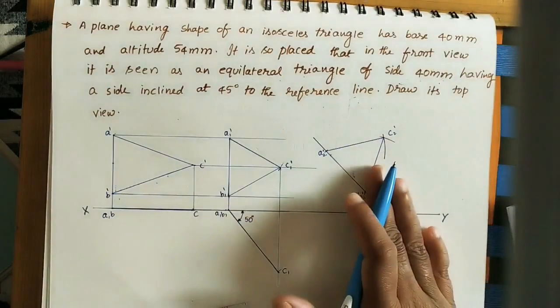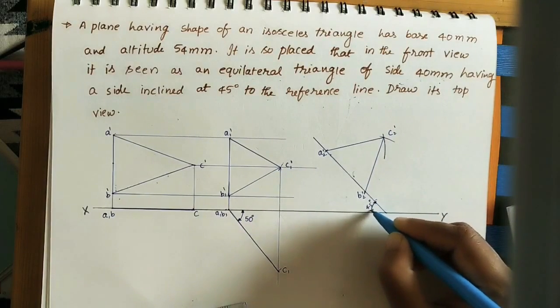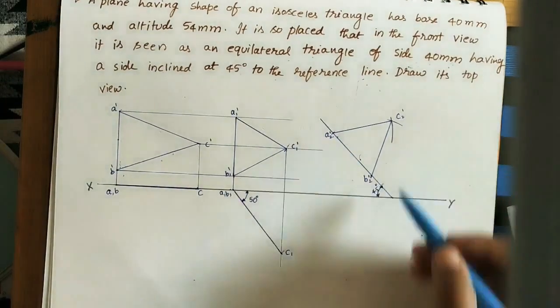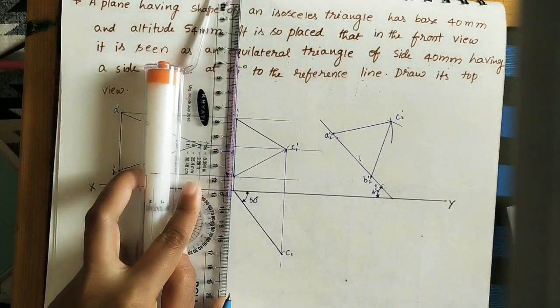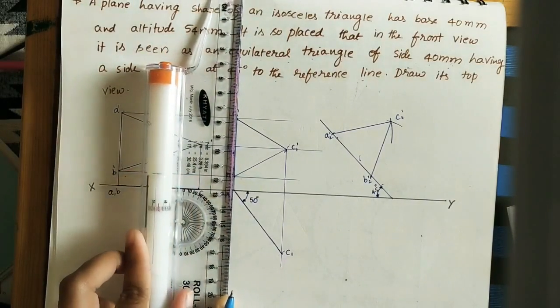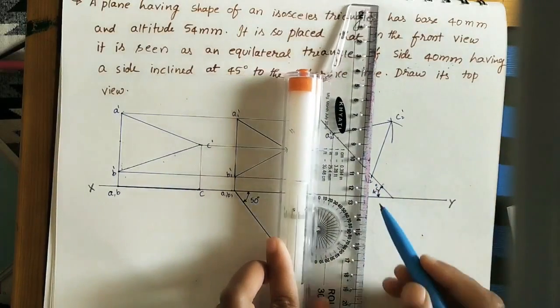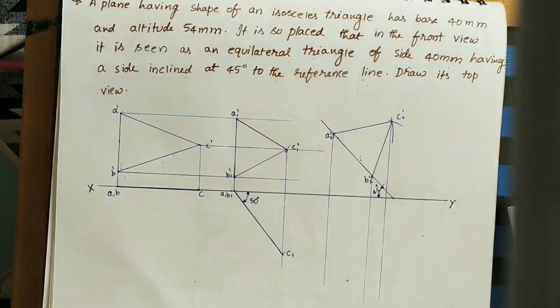So we took the entire equilateral triangle here. It is making 45 degrees. Keep arrows here. So this is the final front view. For getting the final top view, just do the projector lines at all the points. Take any one of the lines as the reference line. Just do the projector line up to some distance. And from these points also do the projector lines.